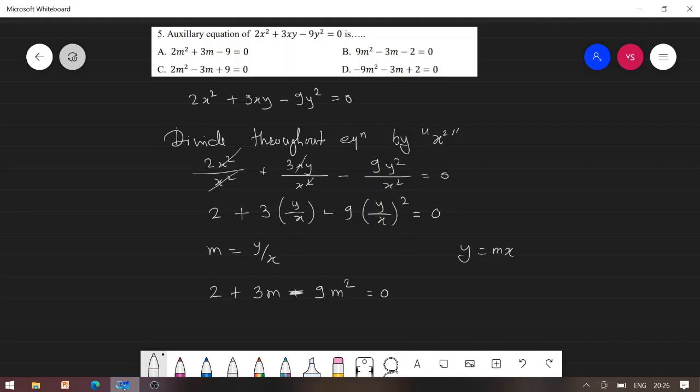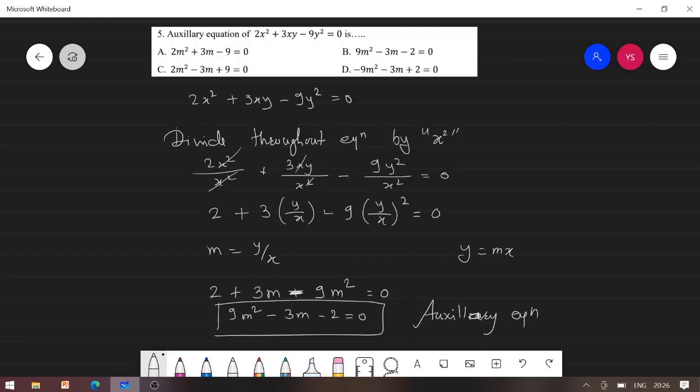Now try to multiply throughout the equation by minus 1. We might get 9m² − 3m − 2 = 0 as the required auxiliary equation whose combined equation is given by 2x² + 3xy − 9y² = 0. So for that we have a